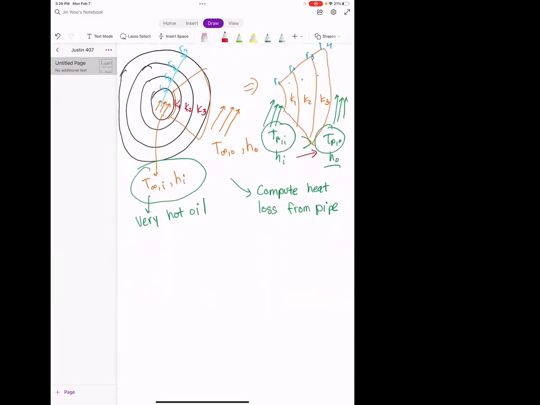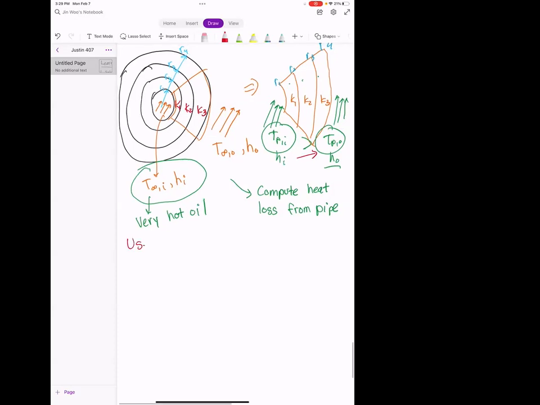Okay. And so, in situations like this, you can do it with the heat equation, of course, but you'll probably hate yourself because there are so many different layers here. And so the easier way to do this is with a thermal circuit, right? Okay. And the way we're going to use the thermal circuit is that each of the different layers that we have is going to be a different resistor. Okay. And remember, we need to count the convection layers too. Okay.